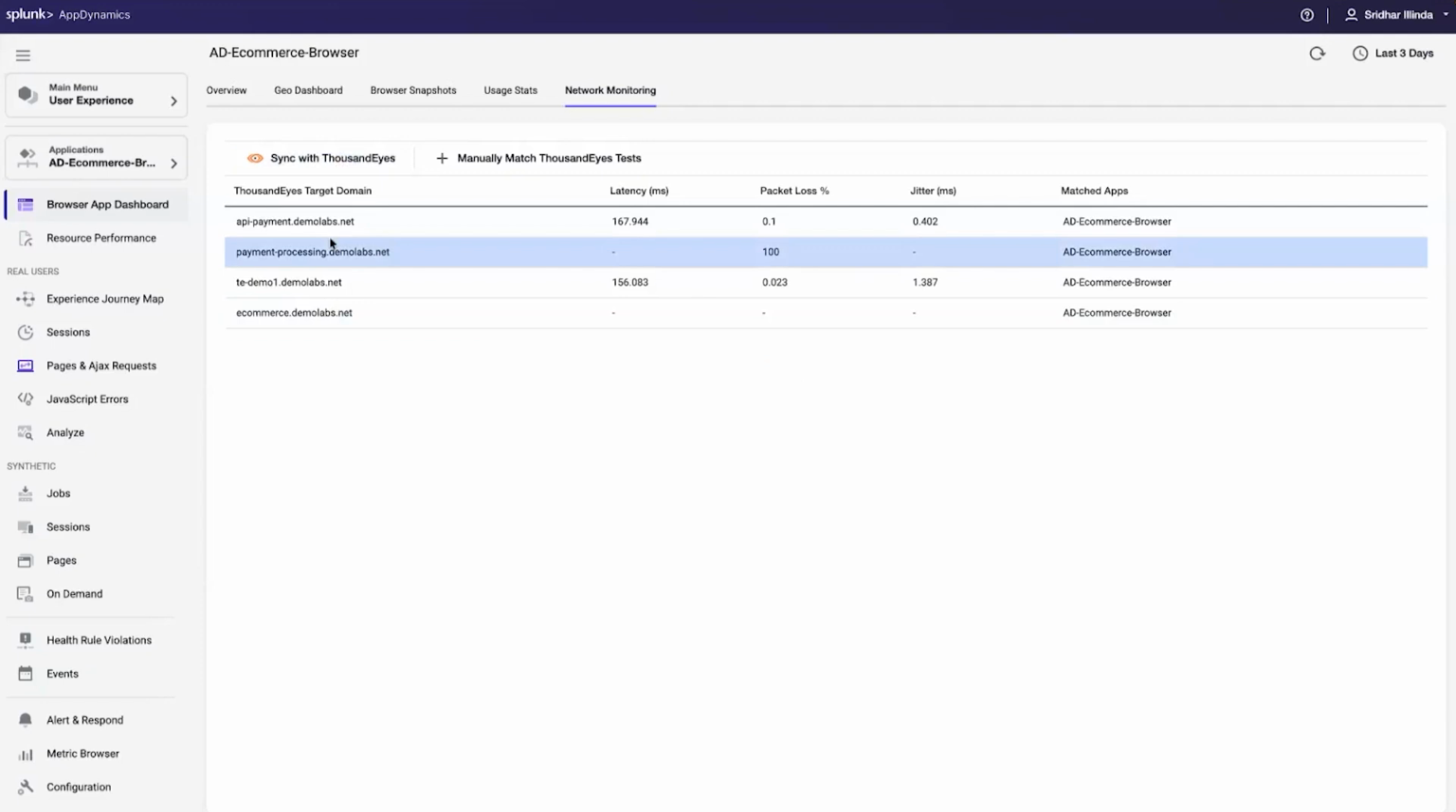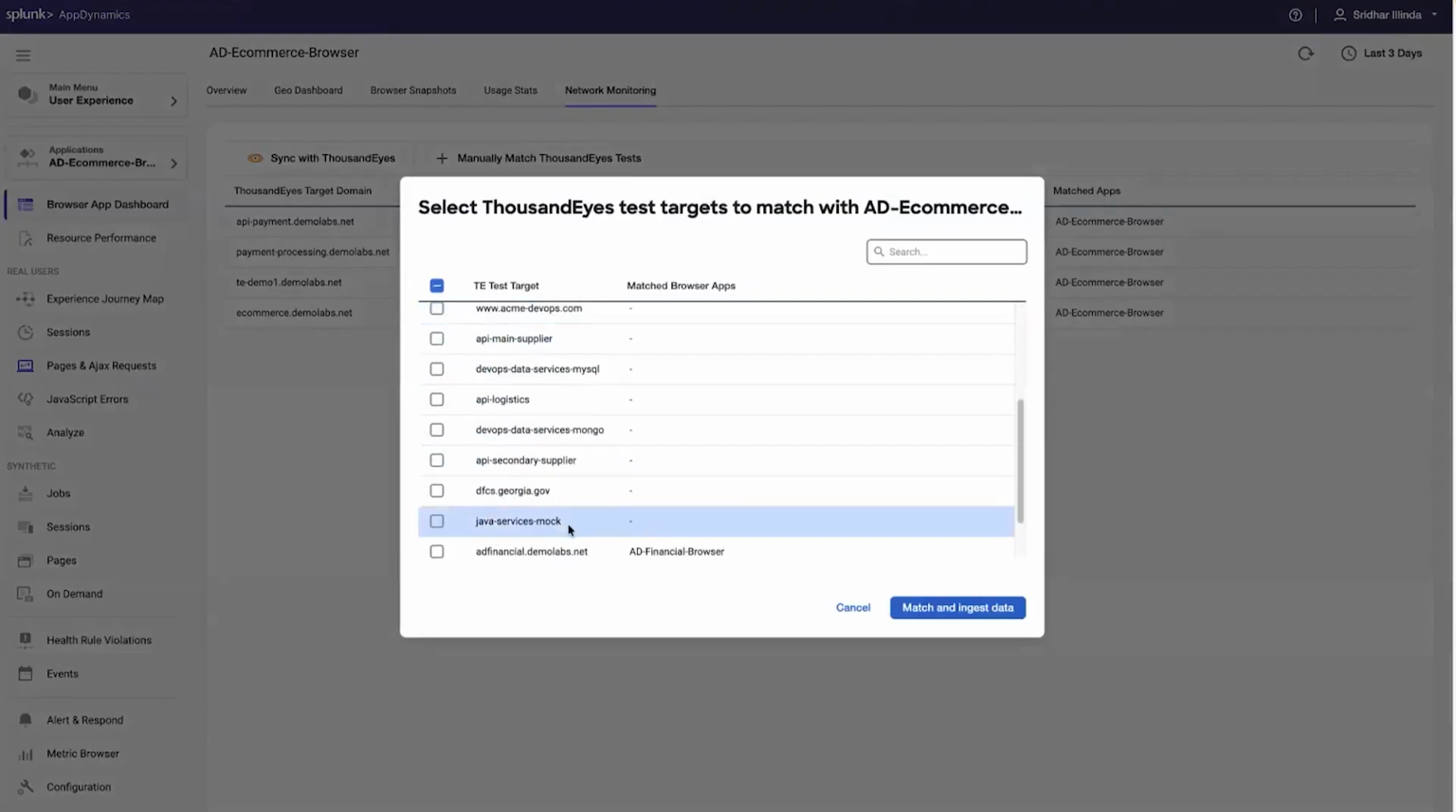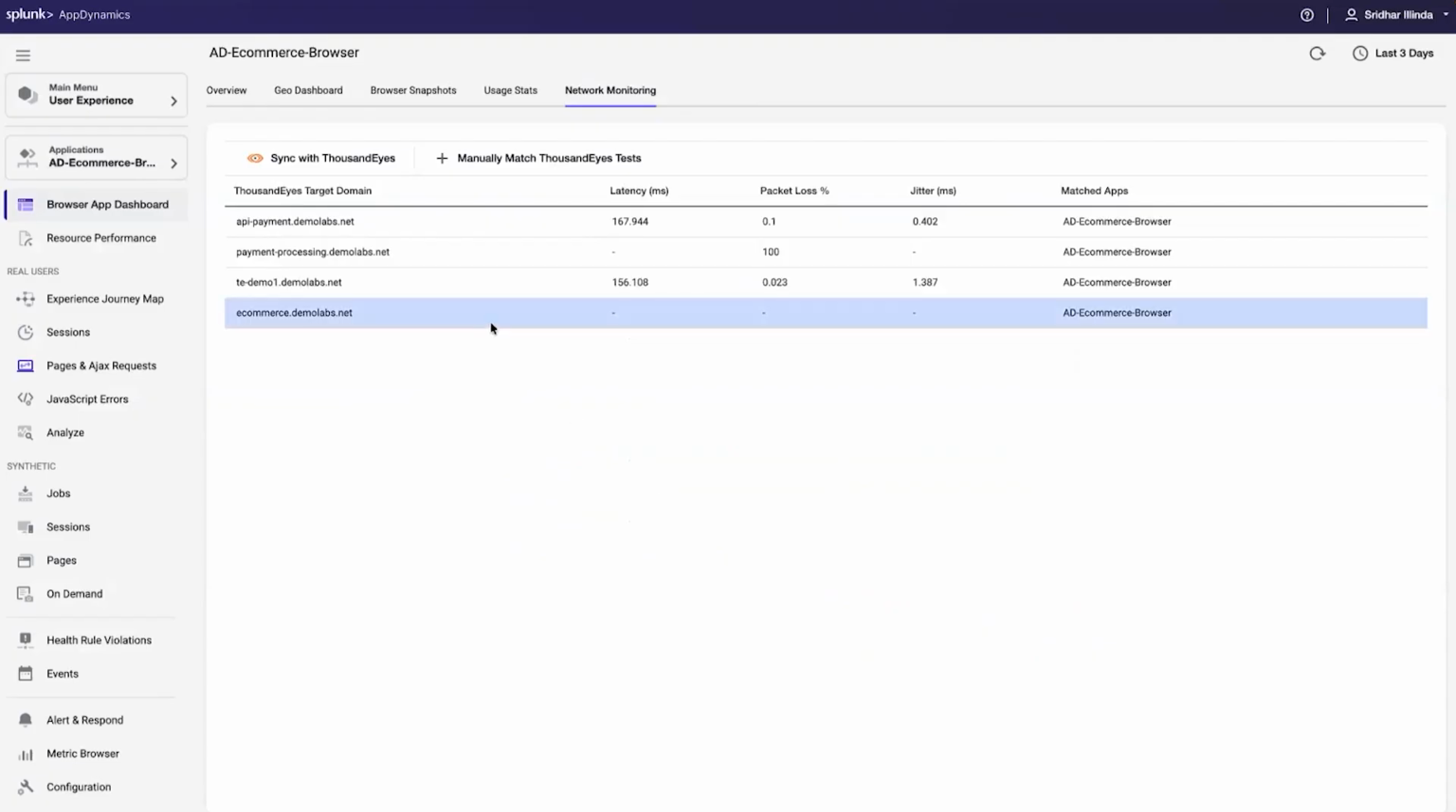Similarly, if for some reason the sync doesn't happen, you also have the option to manually match the data with ThousandEyes. Right now, these 4 tests are synced. If you want to bring more test data into this AppDynamics application, you can manually sync as well. Once you finish the sync, if you go to the AppDynamics e-commerce application dashboard,